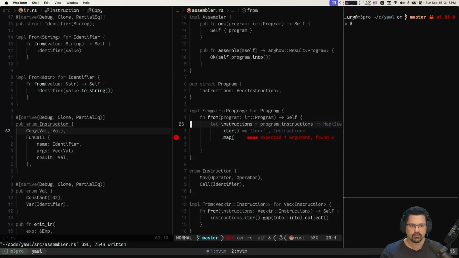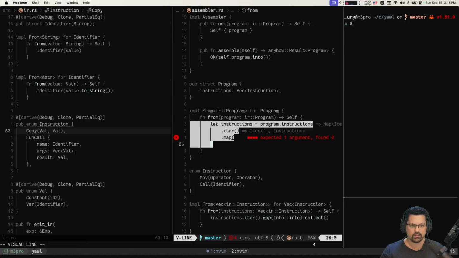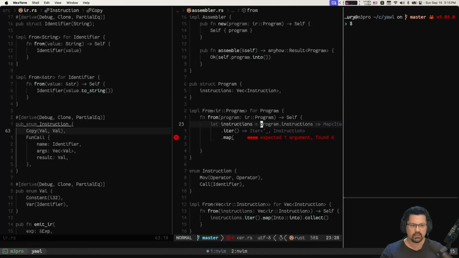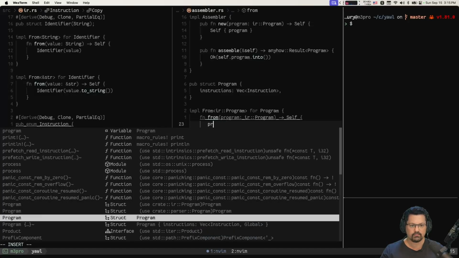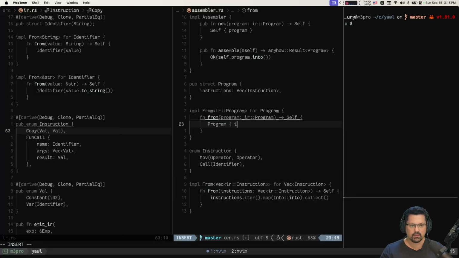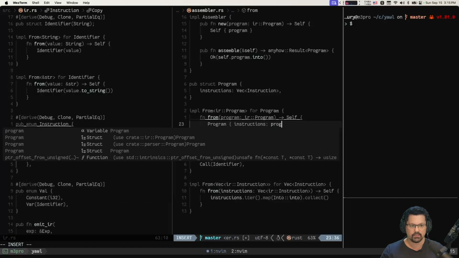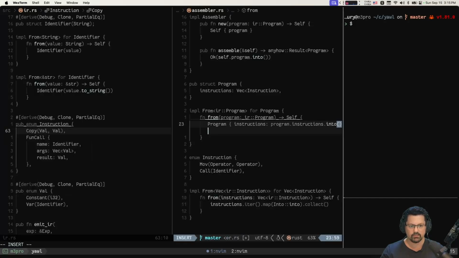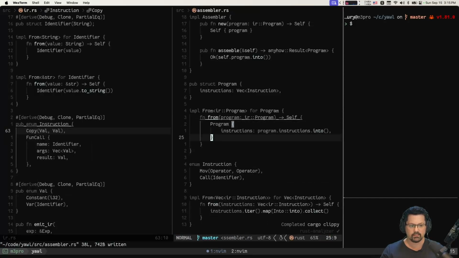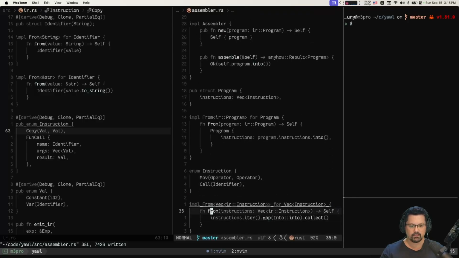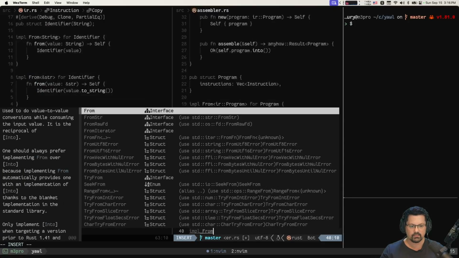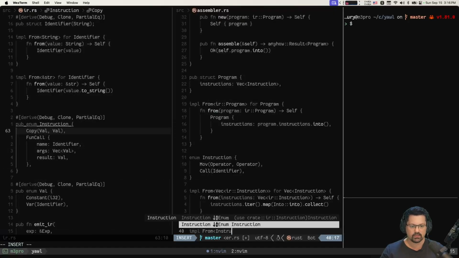And let's see. So instructions, we don't need this anymore. Yes, we do. We can do here program instructions is going to be program.instructions.into, like this. Nice, I like this. Now we need to go to, so we now need to implement this for a single instruction. From IR